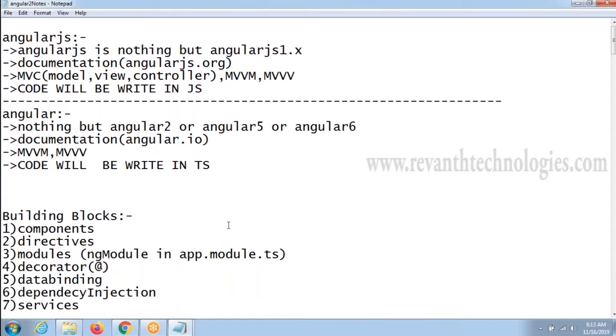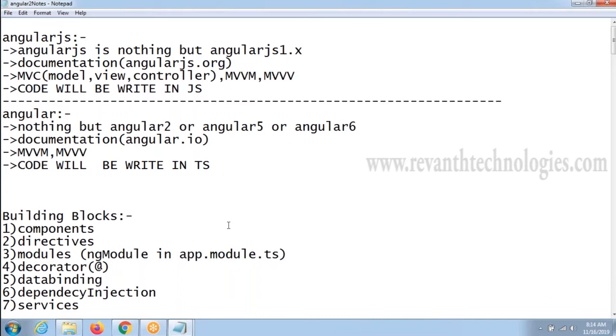We are not discussing anything about Node.js. We will run our project in the Node environment. Maybe you have a question here: why will we run the project in the Node environment? The reason is that if you run the project in the Node environment, we will write our commands through the command prompt. If you install Node,